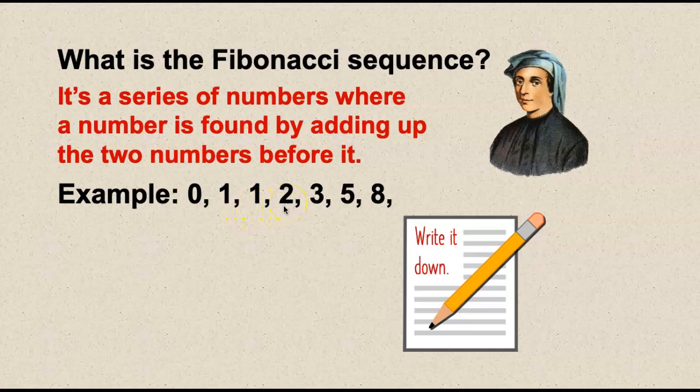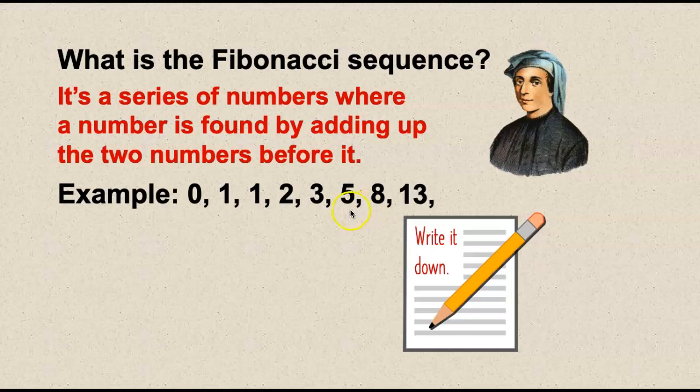And I need to go back to the number before the 2 and say 1 plus 2 makes 3. And then I'll go back and I'll say 2 plus 3 equals 5. And if I go back again, I'll take the 3 and add it to the 5 to come up with 8. Can you figure out what the next number in the Fibonacci sequence will be?